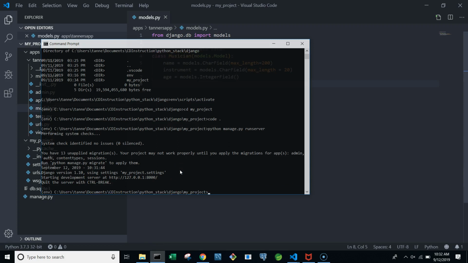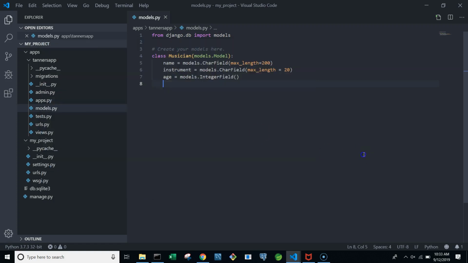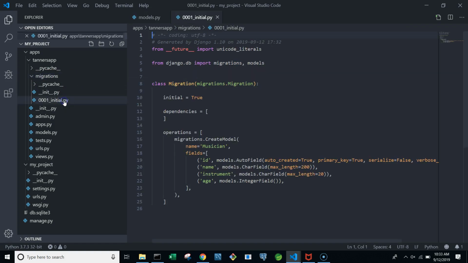So let's exit out of our server. In order to make a migration, python manage.py makemigrations. Okay? As you see, it just said create model musician. And now, if we go, this is where our migrations folder is. Remember I said don't really worry about that. You really shouldn't even need to go into the migrations folder, but if you're curious, this is